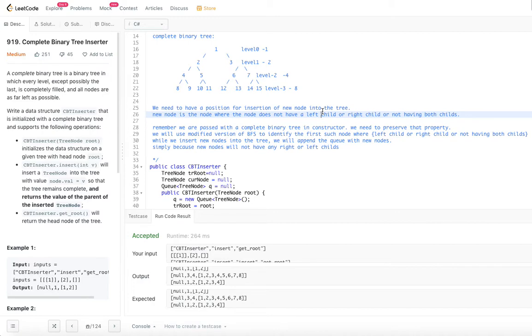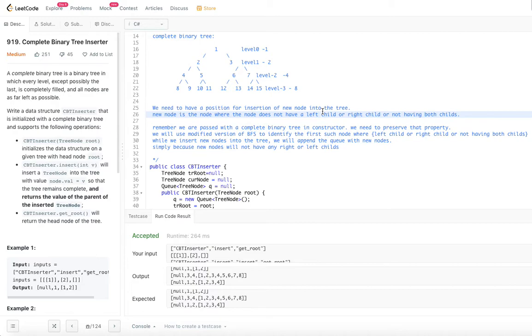So there is a little bit of modification of the breadth first search that we are going to see here. So normally in the breadth first search, we put a node into the queue, and if there are left and right subtrees available, we put them back into the queue again and we dequeue the earlier node. We continue that until further, right?